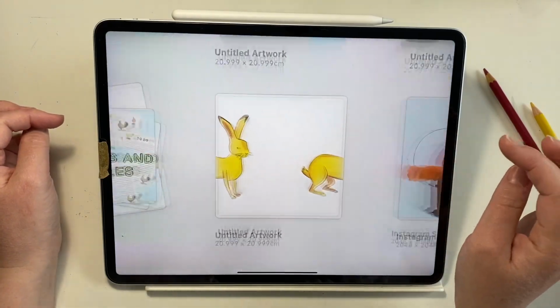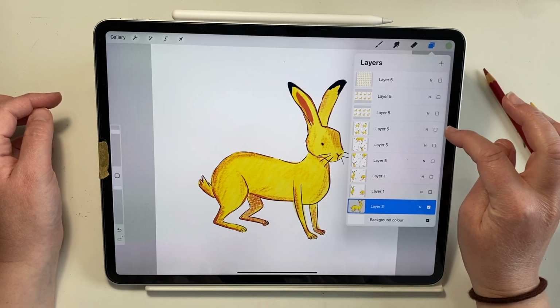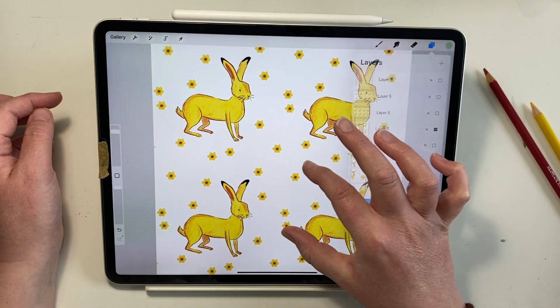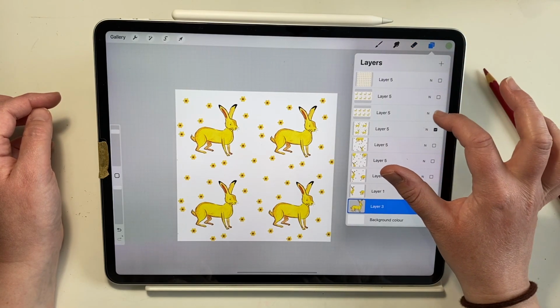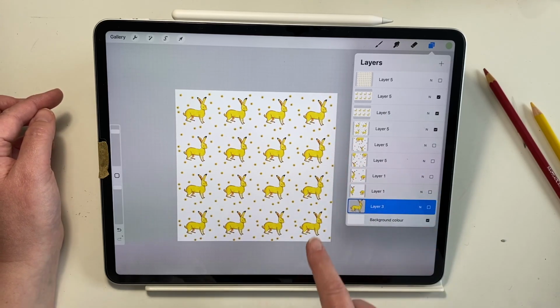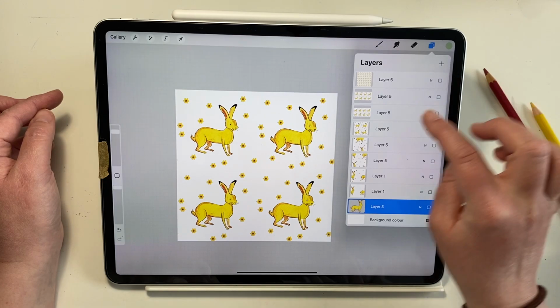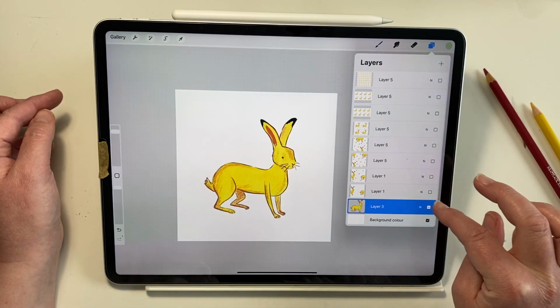So this was what I did last time. So that was the main image that I did. And I managed to make it into a block like this. And you can see that when that's repeated, the bunny goes in a grid, so horizontal and vertical. But I think if you wanted it to go just horizontal, I think what you'd need to do is just,